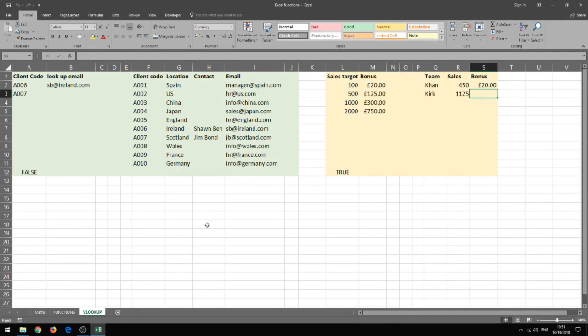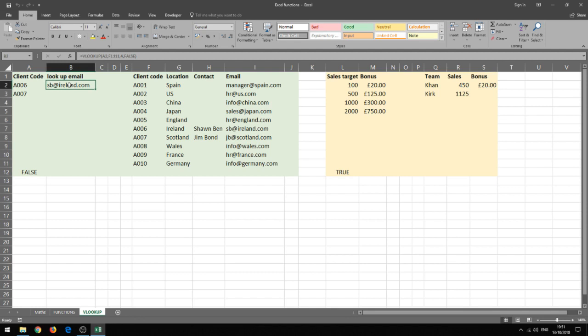Okay, so we're going to look at the VLOOKUP function. Now we've got two examples we're going to look at here, and one is going to use the false VLOOKUP and the other one's going to use the true VLOOKUP. Now I've already got an example here so you can see the VLOOKUP working, and we're just going to break that down. And just so you know, the VLOOKUP is related to the lookup function and also the HLOOKUP function,